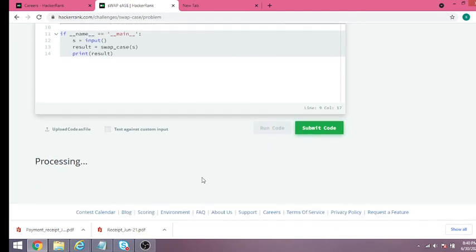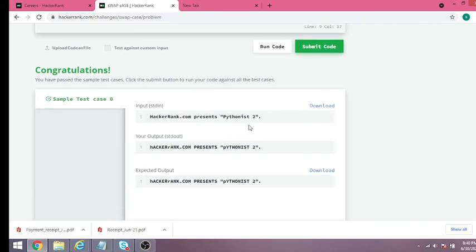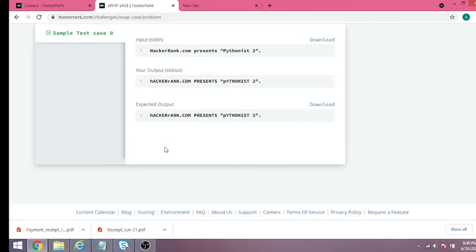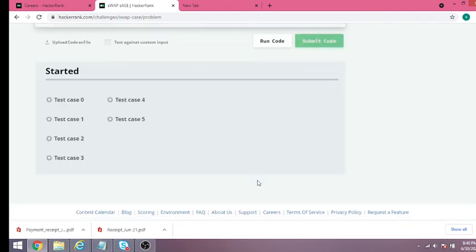It is processing and running. The test case is passed. One test case is given. This is the input, this is our output, and the actual expected output is this. This is passed, so we will submit this result. Submit the code.